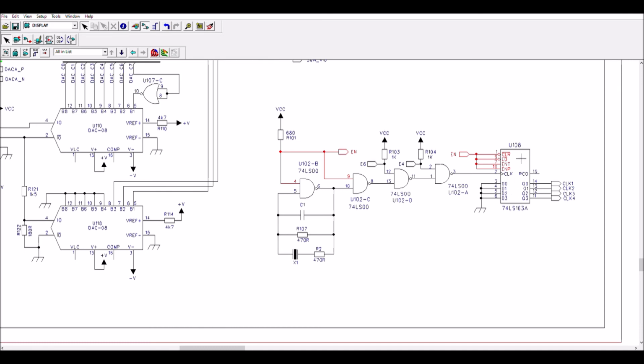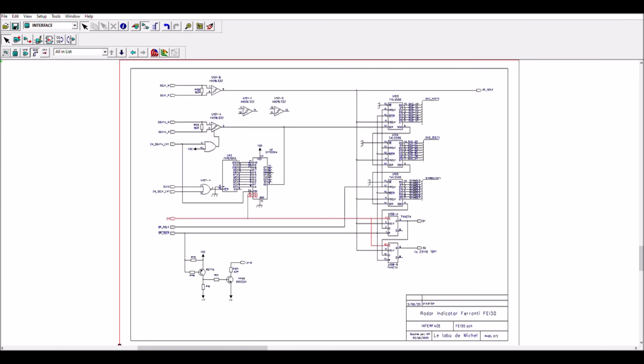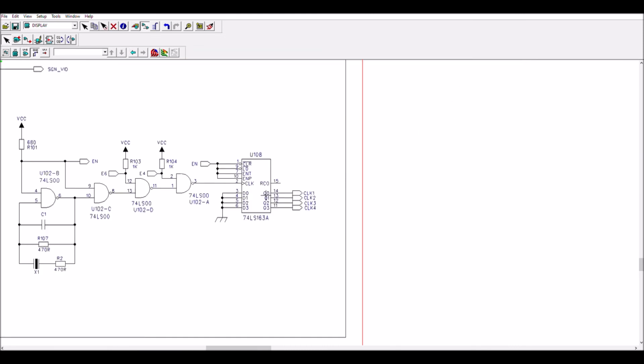It permits to enable this counter, this PAL here, this PROM, and also the shift register and something else on the interface, which is also this PROM here, which contains the patterns for a specific display. There are 4 different clocks on this device. I was not able to read the value of the crystal due to the conformal coating on it.